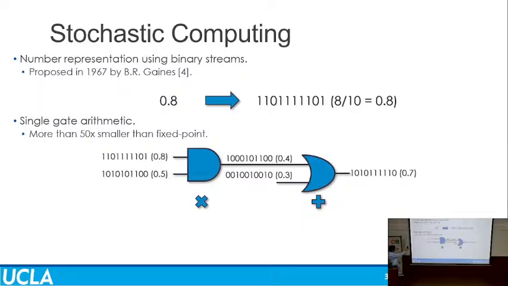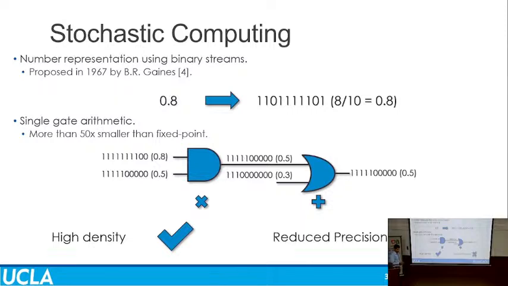All I need to do is feed it longer and longer streams to get more and more precise, right? And that's what makes stochastic computing fairly interesting. You can show that it can be anywhere from 50 to 100x smaller footprint than a conventional fixed point or int4, int8 style MAC unit. Okay, so you get very high density,